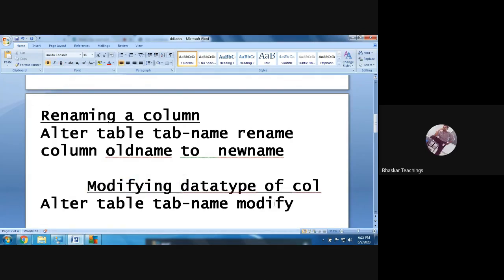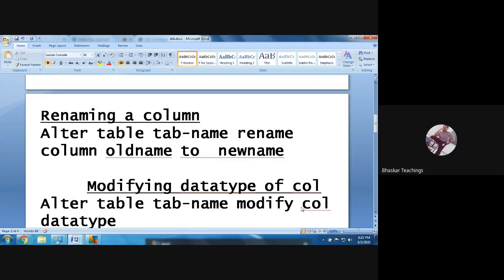Okay, easy, right? So remember, based on the operation only. But if you work on MySQL, the modify keyword will be replaced by alter. In Oracle database it is easy because the operation name and the keyword are the same. Alter table, modify, and I guess no column keyword comes here. Simply give the column name and mention the new data type.